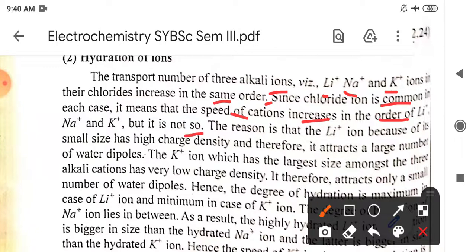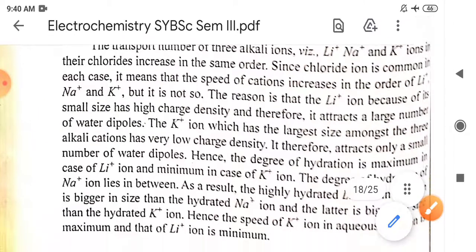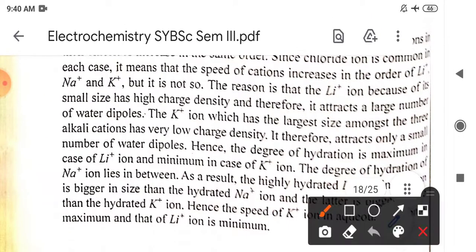But actually the reason is that the lithium ion is smaller in size and it has high charge density, and therefore what will happen? Due to this, higher hydration: a large number of water molecules or water dipoles get attracted, and hence higher hydration will take place in the case of lithium. And the potassium ion, which has the largest size among the three ions, lithium, potassium and sodium,